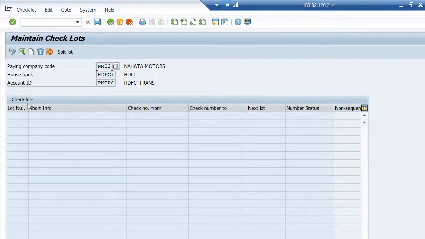Then go to the change tab. Now see, generally bank issue the check series to us. We just enter this into the system so that it will pick. If you select your payment method as a check while creating APP,